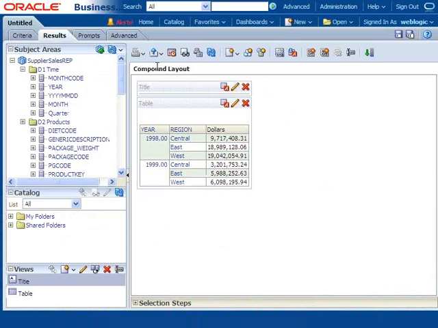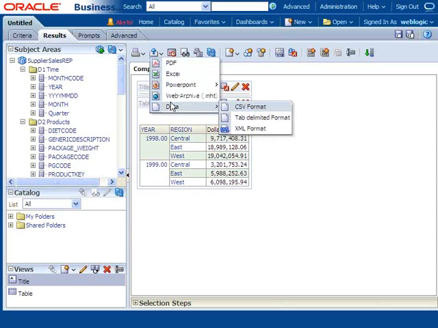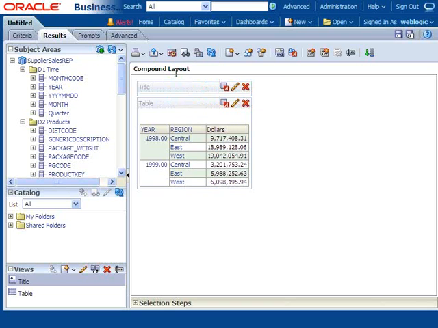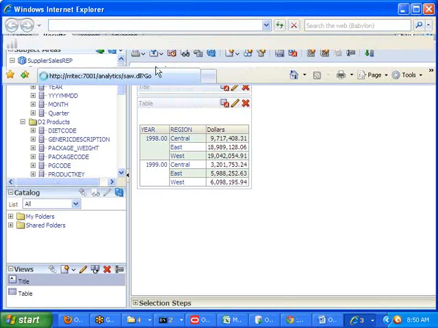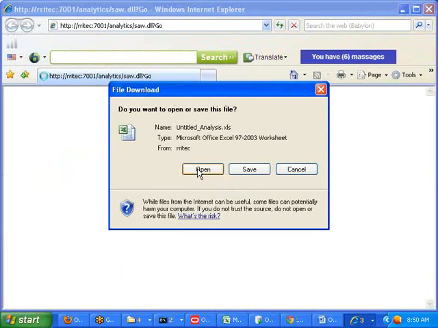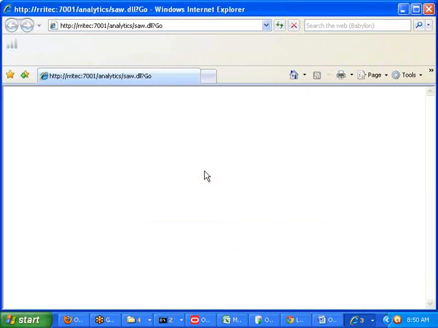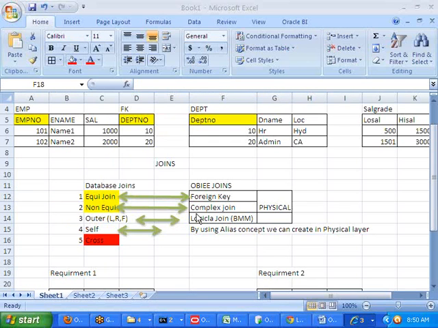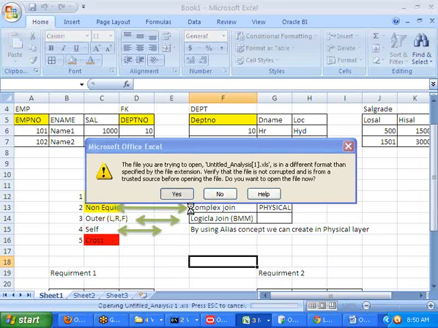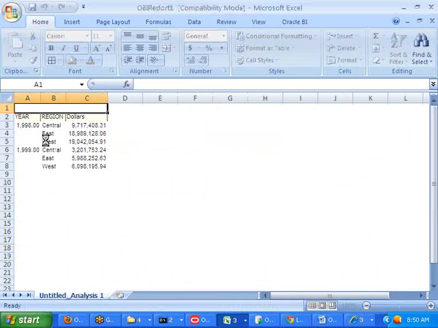Yeah. You can export results to an Excel sheet. Click here, export this analysis, then go for Excel or PDF or PowerPoint or web archive or data, whatever format you want. Now if I want Excel, you can go for Excel. Any pop-ups are there, pop-ups are going to stop it. There is no pop-up, we are going to open one Excel sheet. Click on open. So this is the